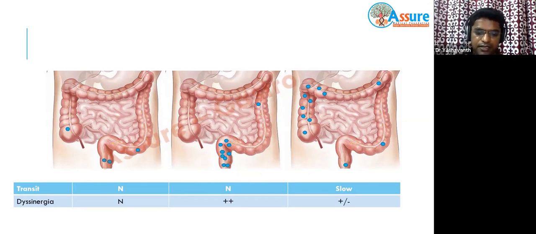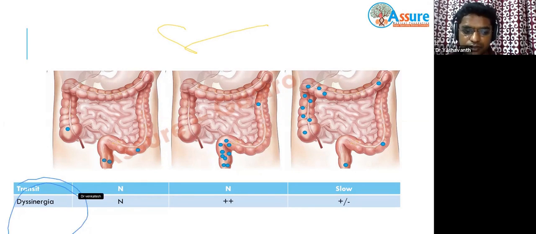So remember what exactly happens in dyssynergic defecation: there might be stool and the patient might not be able to pass it, because whenever the rectal pressure increases because of stool, involuntarily the anus might contract. This is the most common cause, that is, RAIR is absent in a manometer. When this happens, it is called dyssynergic defecation. Very rarely you have, please don't write on the screen.